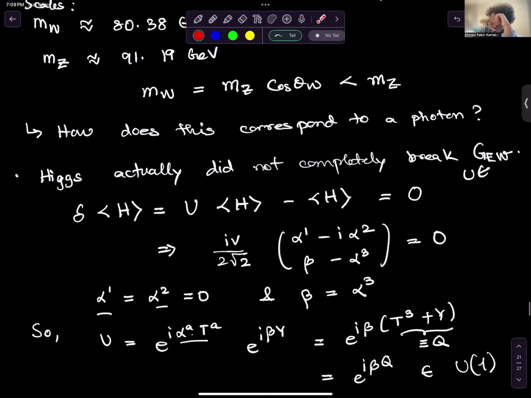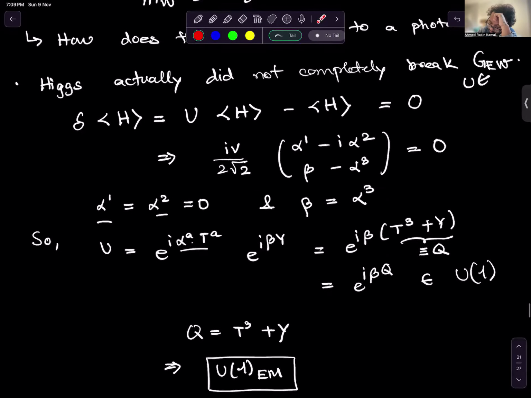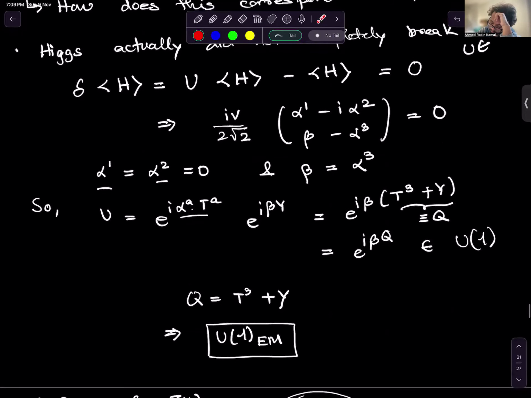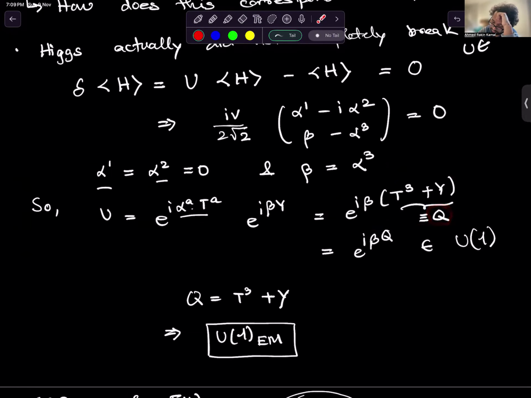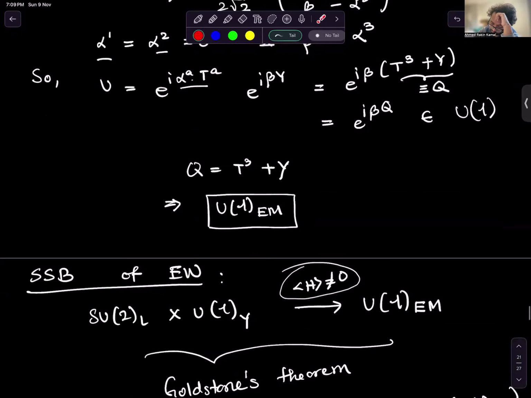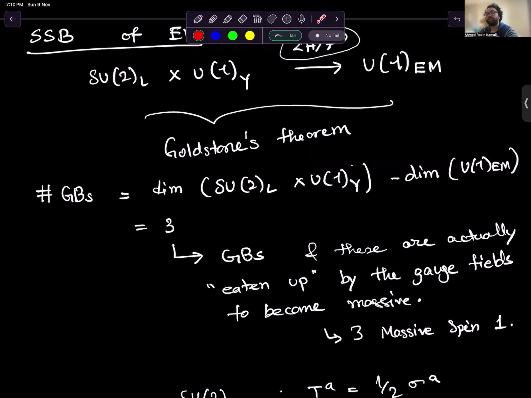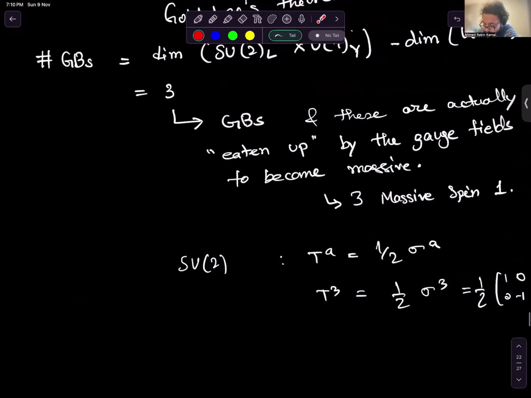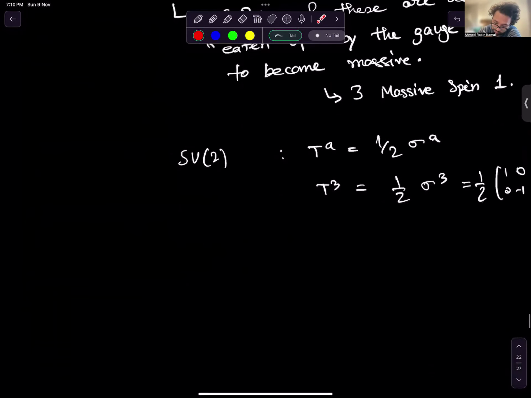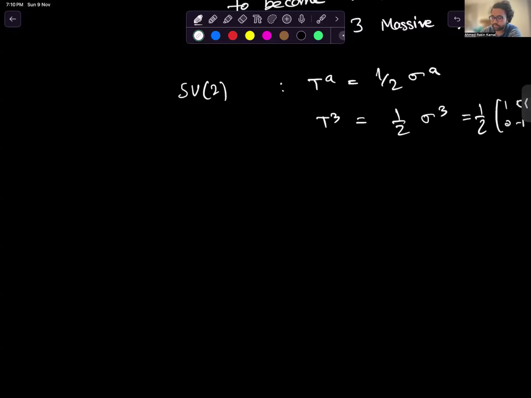And then we saw how this might correspond to the photon, and we did that because it corresponds to the U(1) electromagnetism generator, which is Q, electric charge. And that's what we saw. Then we moved on and put this analysis, just a recap, in the light of Goldstone's theorem, and we saw that there should be three Goldstone bosons. However, some part of it I would like to mention about the weak interactions is that so far we